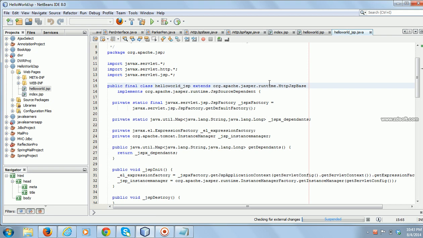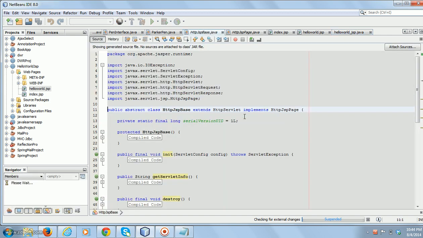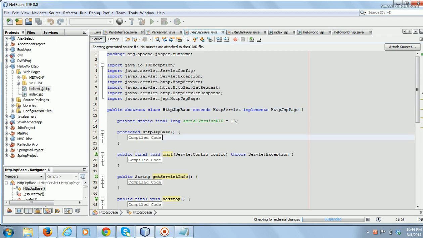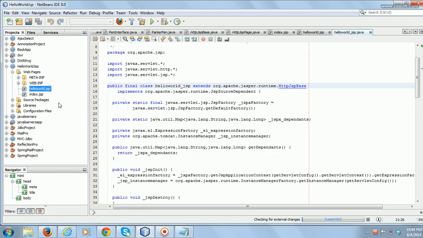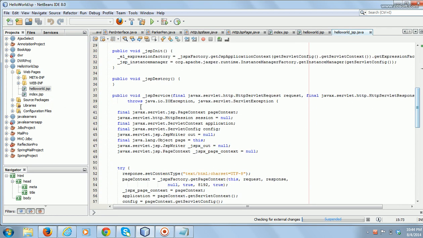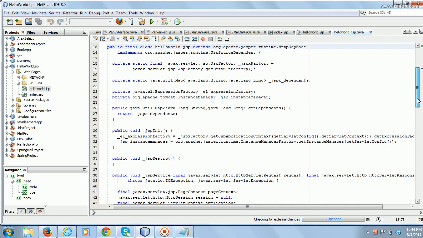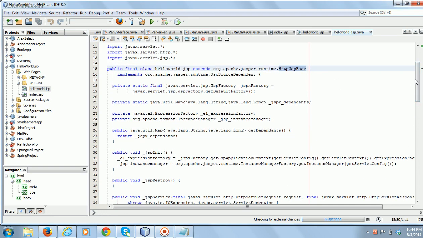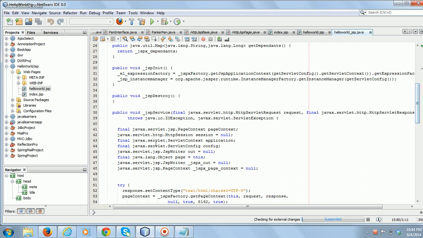So basically this class, HTTP JSP base, implemented the HTTP JSP page interface as well as it extends the HTTP servlet. That's why the .jsp page which is converted into the servlet, this HTTP JSP base is implemented.